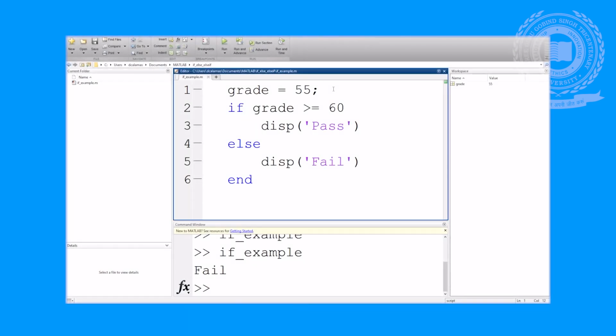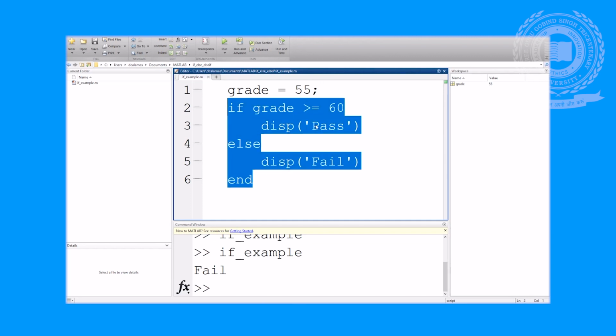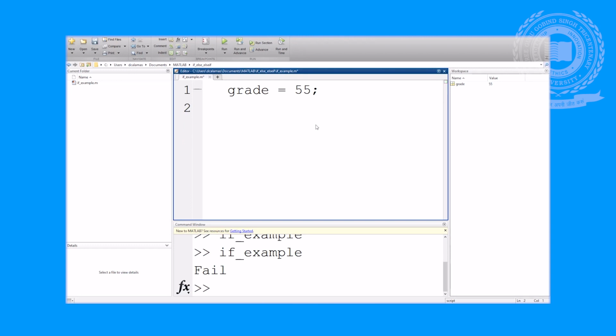So we are going to have to modify our program quite a bit to implement the else if conditional statement. So let's go ahead and start from the beginning. I am going to erase the if and else statement that we used previously, and now we are going to have multiple different logical expressions, not just one.